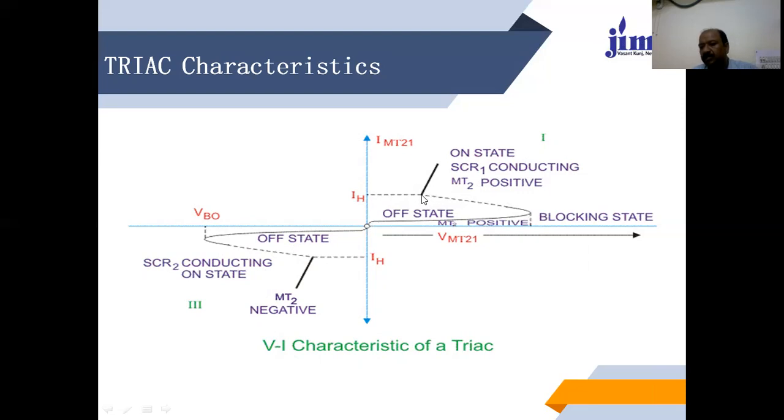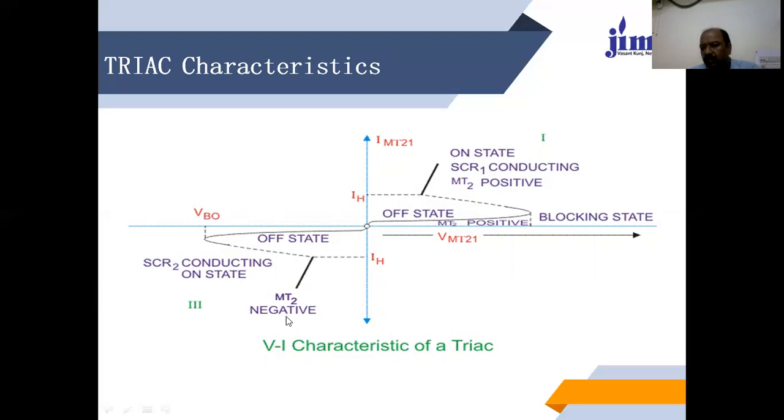Whenever we achieve the holding current of the system, this device will be turned on, and it will be maintained in the on state up to this point. So it will be for the positive half, and for the negative half, there is the same category there. There is a breakover voltage. Again, there is a holding current. After the holding current is achieved, the device is turned on.